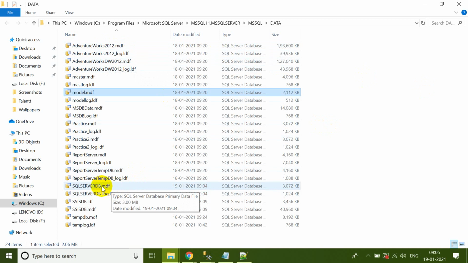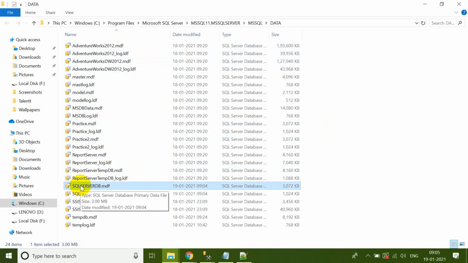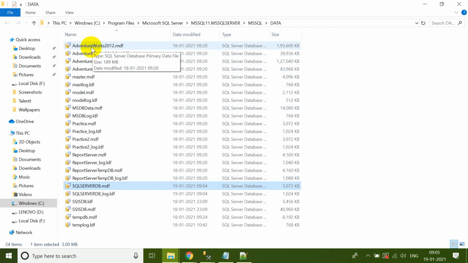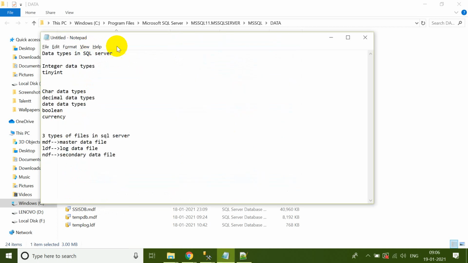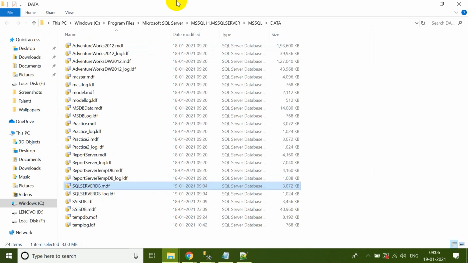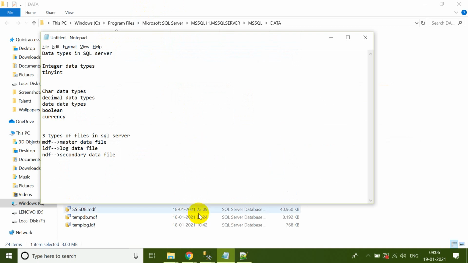When you create it, automatically the mdf and ldf are created, and your actual data is going to be stored here. For the same database, if you want to store some tables in a secondary data file, we can add that file, the NDF. Anyway, you don't need to bother about this, because this is a DBA task. They can manage backups, restores, and creating NDF files. But we, as developers, we should learn